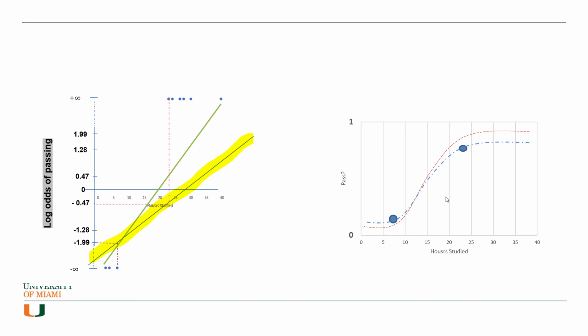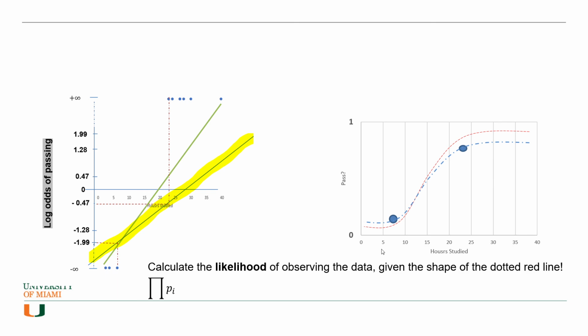And then based on the blue line, you can calculate the probabilities for each of these points and multiply them together in order to get a new likelihood, right? And basically, the task at hand is going to be to choose the line that has the highest probability. Choose the line that gives you the maximum likelihood of observing what you're observing, and that is done by an